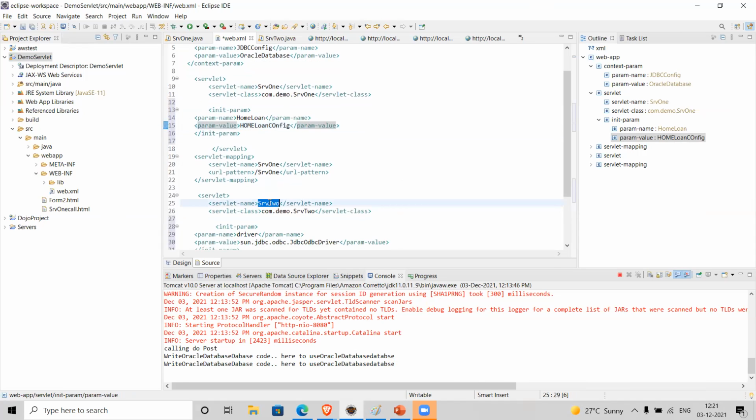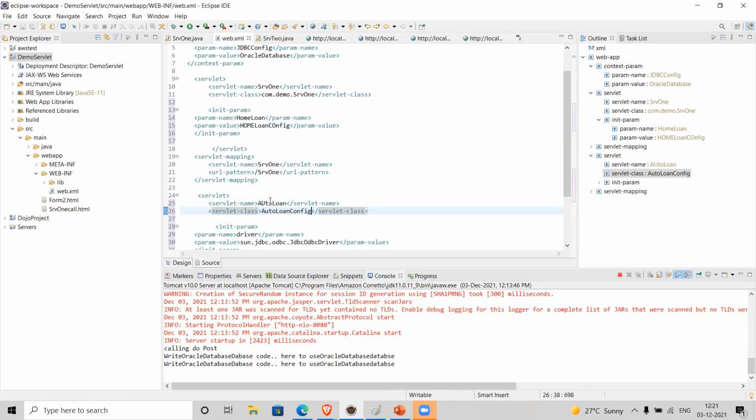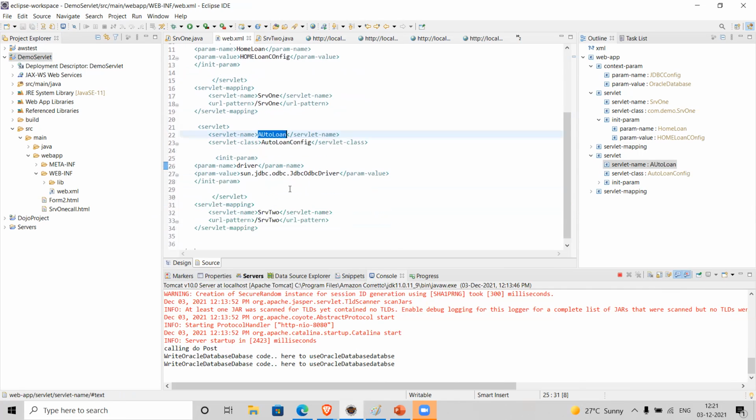SRV2 deals with auto loan, so auto loan related config. So with this, I can access auto loan related configurations within SRV2. Sorry, I have added it under servlet mapping.